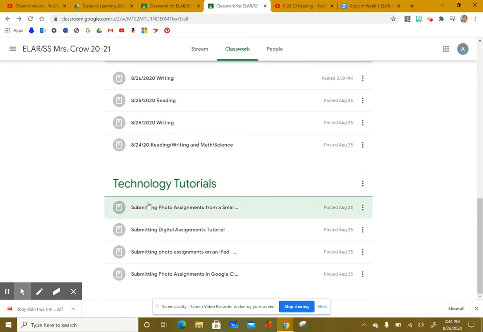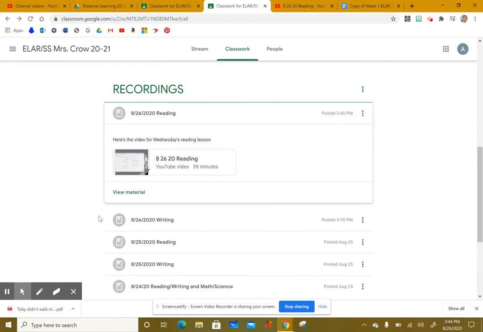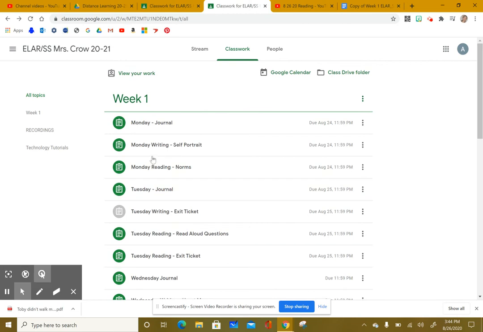And this is where I'm showing you different ways to submit photo assignments through a smartphone, submitting digital assignments, submitting photo assignments on an iPad, submitting photo assignments in Google Classroom from a laptop. So that's just a quick video showing you where to access these